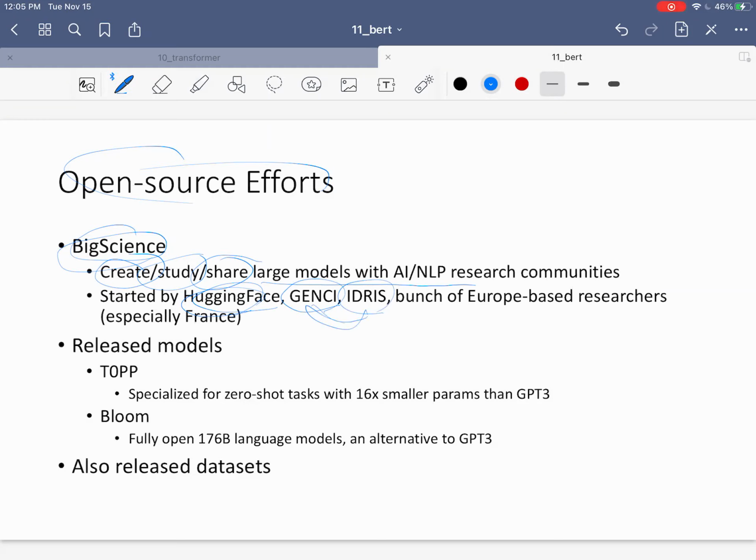government-related research organizations. Either one of these two are actually high performance computing centers. They rent out high performance computers like HPCs to researchers who need them, like weather forecasters or molecule simulation researchers and that kind of stuff. So Hugging Face and these two organizations actually came together with a bunch of Europe-based researchers, especially French researchers in French universities like Sorbonne University. They came together and then they